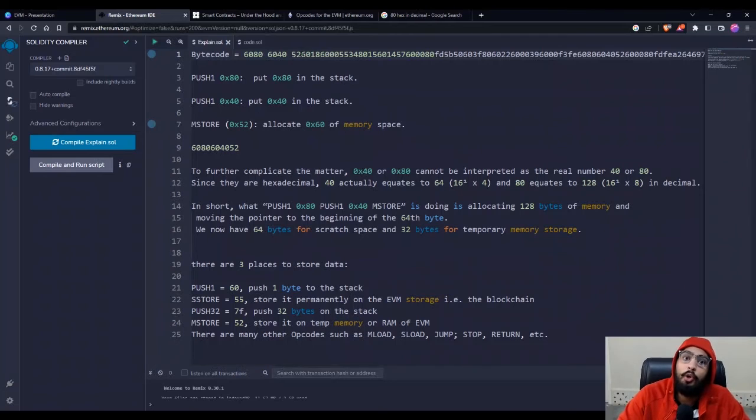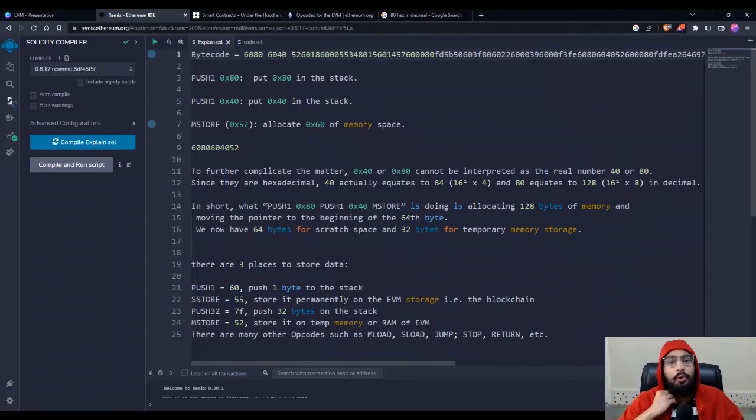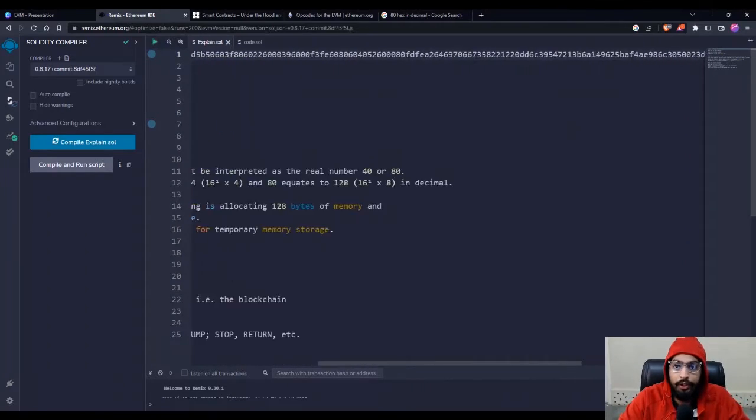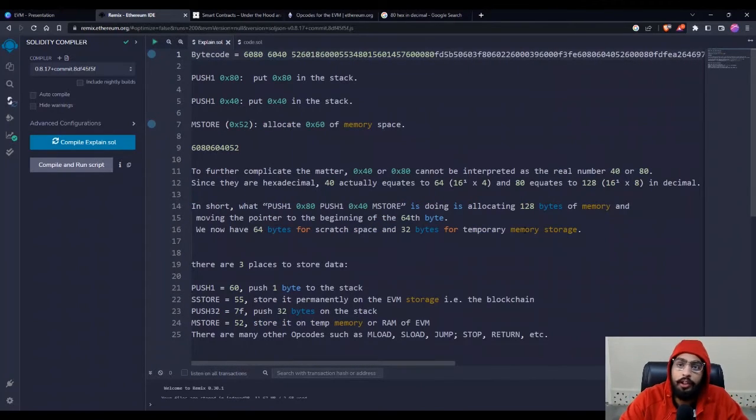If you want, you can go through this whole bytecode and try to understand what it is doing. If we go through each and every opcode to understand what every opcode is doing, it will take a 2-hour long video. If you want, I can create that, just comment in the comment section, but right now I just want to explain how it is done. So till now what we have done is